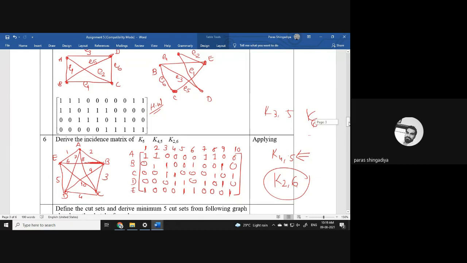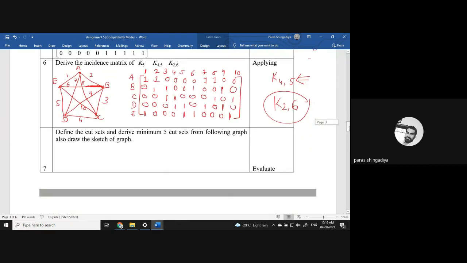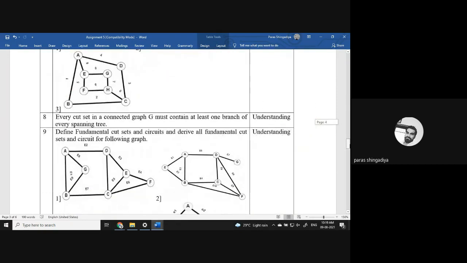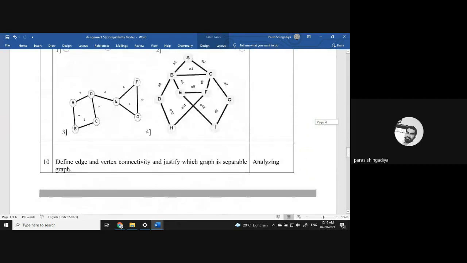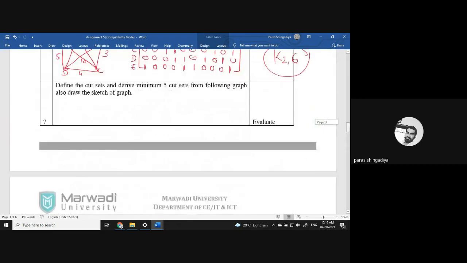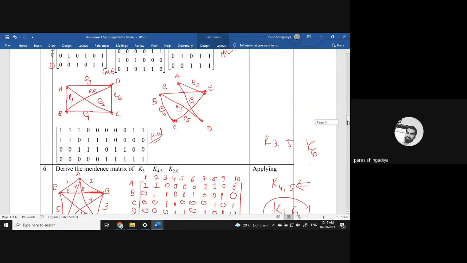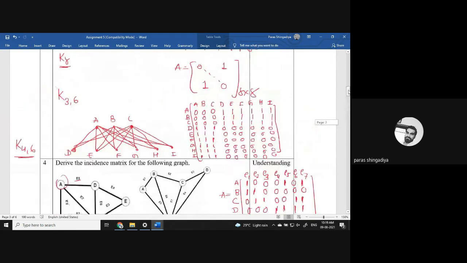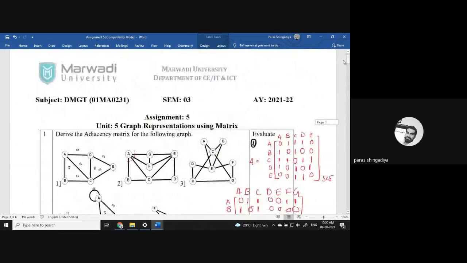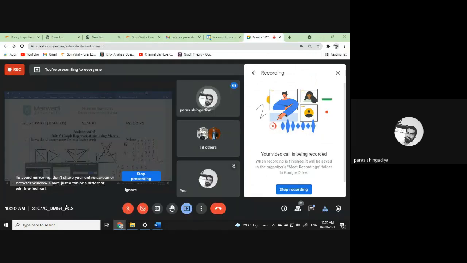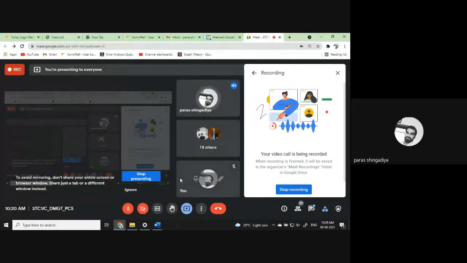Clear? So here in this lab, we'll stop up to this, and the cut set examples, spanning tree, and fundamental cut set we'll discuss in the next one. Clear? So here we'll stop and also complete these homework questions. Clear? And complete them in your assignment book also. Clear? And if you have any doubt, any query, we'll discuss during the lecture as well as in the next lab also. Clear? So here we'll stop. If you have any doubt, please ask.